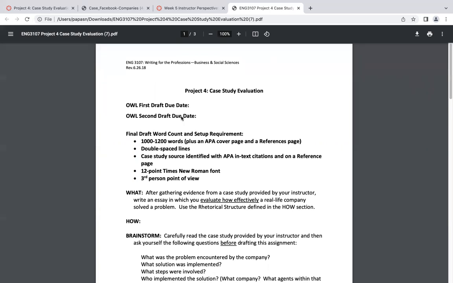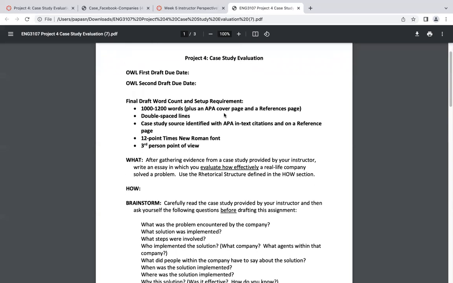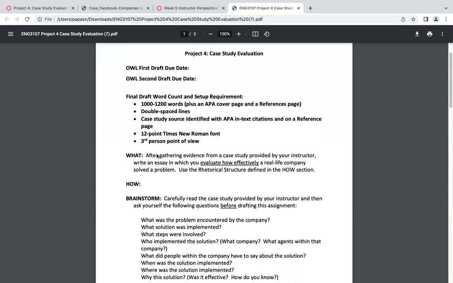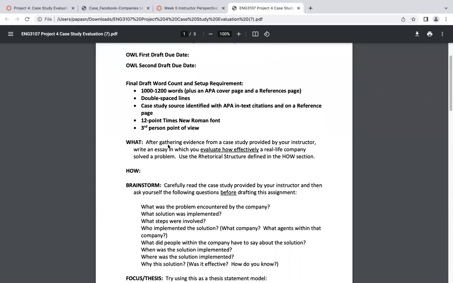So the basics are here, right? The word count, the formatting. I don't think we need any discussion over that. But we have the what here. And this statement itself has caused a little bit of confusion in the past, so I'm just going to go over it. After gathering evidence from a case study provided by your instructor,